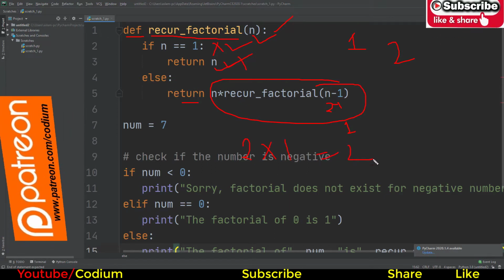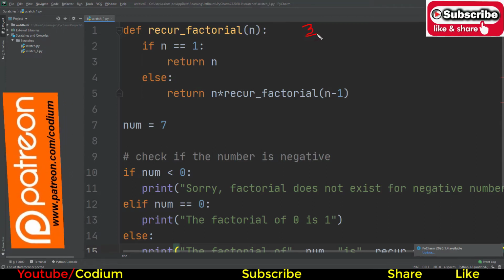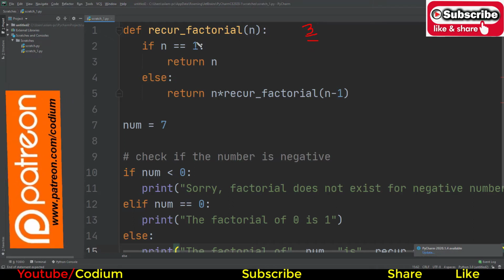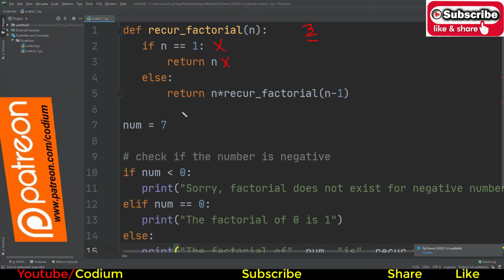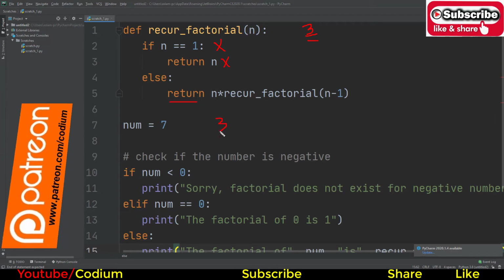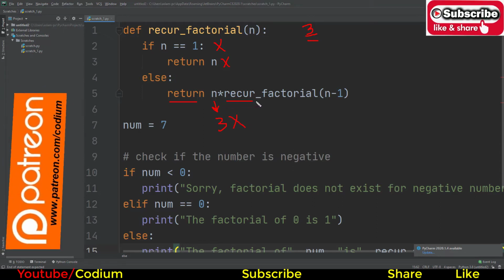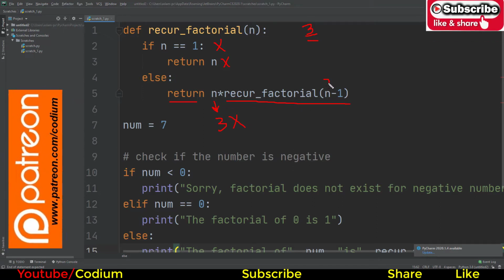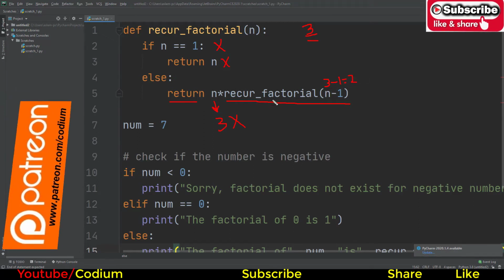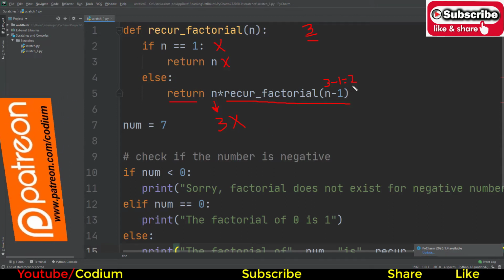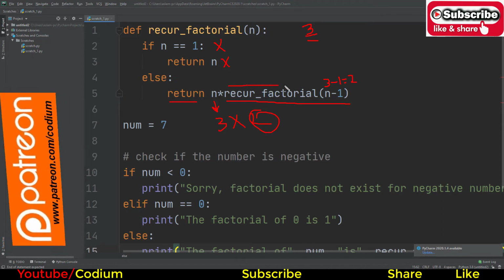Now you can understand more easily if the user inputs the value 3. The n value is 3, which is greater than 1, so it does not satisfy this condition, so else returns n, which is 3, multiplied by recur underscore factorial n minus 1, which means 3 minus 1, which is 2. It is not simply 3 multiplied by 2; we have to calculate this factorial value.